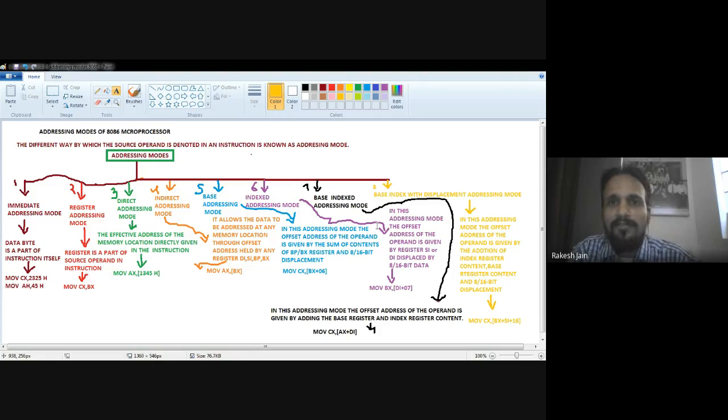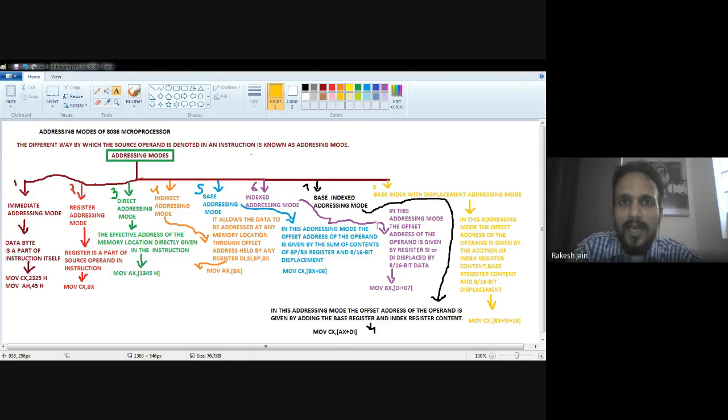If you talk about the flags, there are only 5 flags in the 8085 microprocessor: sign, zero, auxiliary carry, parity, and carry flag. But in the 8086 microprocessor, we have different flags: 6 plus 3. 3 are control flags and 6 are status flags. So there are 9 flags, which we saw yesterday. So there are many differences we have already noticed.